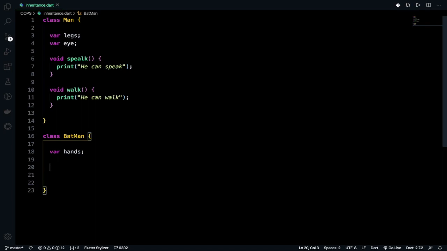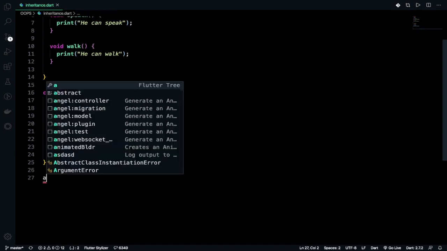Let's say he can swim. Suppose he can also fly with his thing, and after that he is strong. I've defined a function method.